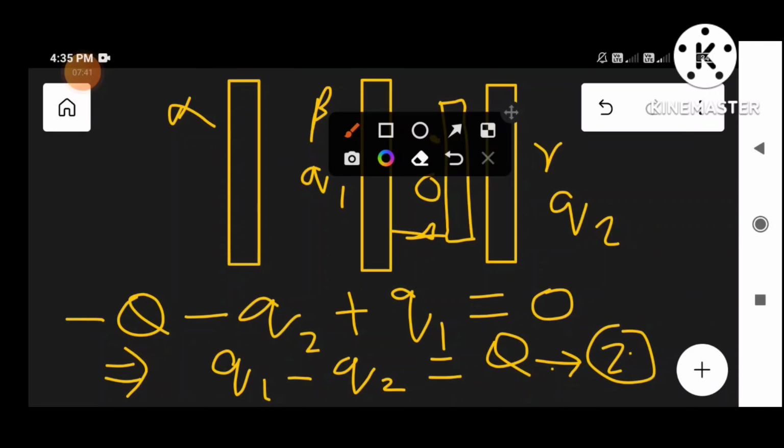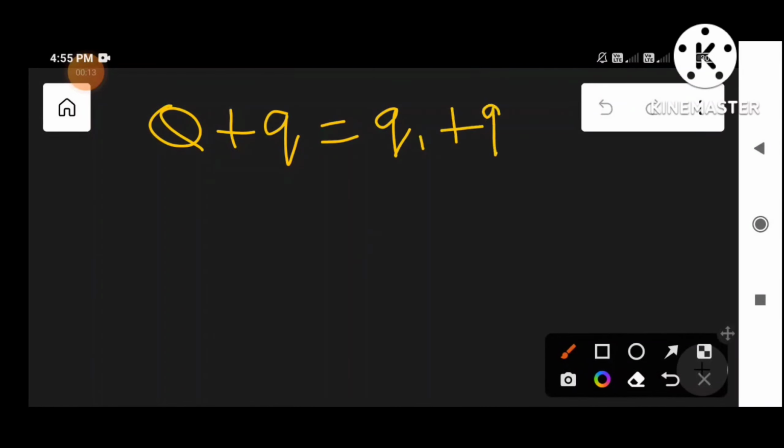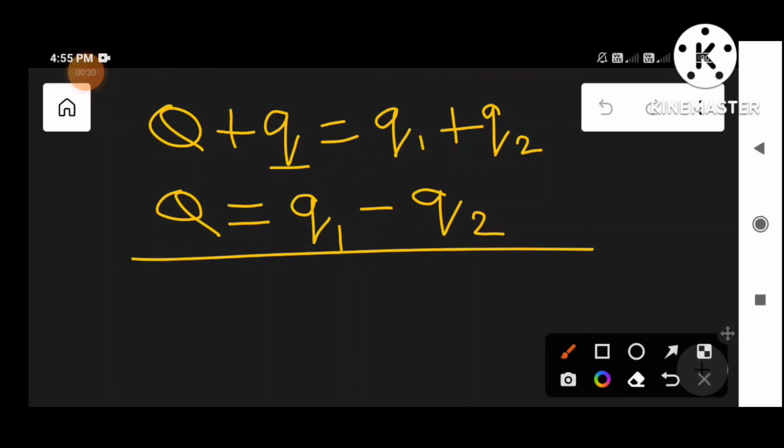So we can use equation 1, which is the law of conservation of charge, and equation 2 to get the new redistributed charges. So let us find out the redistributed charges q1 and q2 by using equations 1 and 2. Equation 1 gives us that capital Q plus small q is q1 plus q2, the law of conservation of charge, and q is non-negative, and it is in fact strictly greater than 0 as well. And we also get that capital Q is q1 minus q2 from equation 2, right? So if you just add these equations, you will get